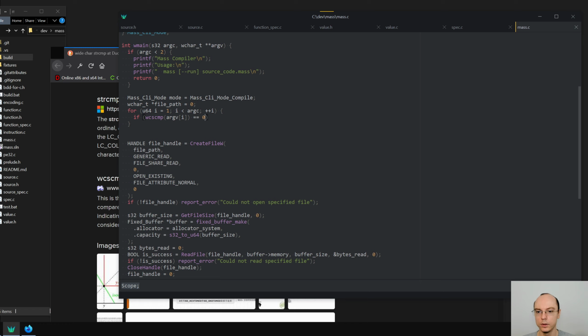If it is 0, and second one is going to be --run,